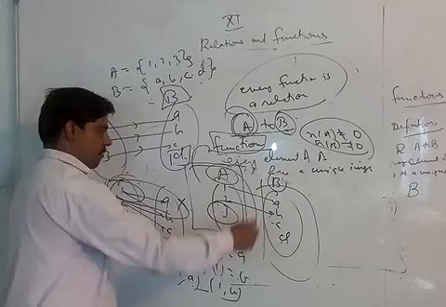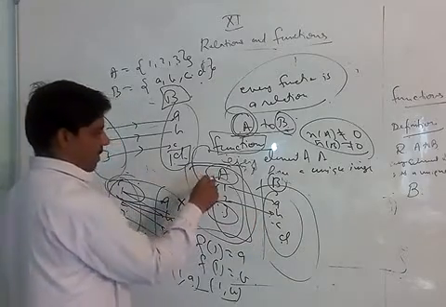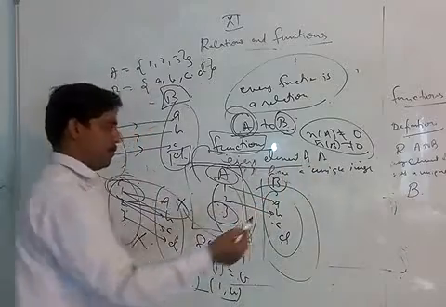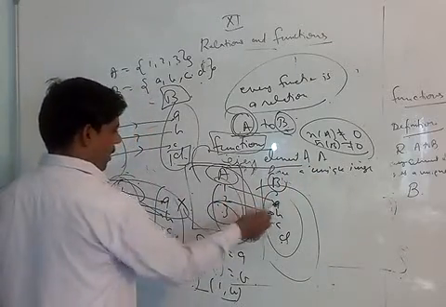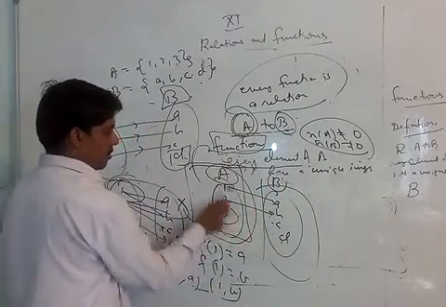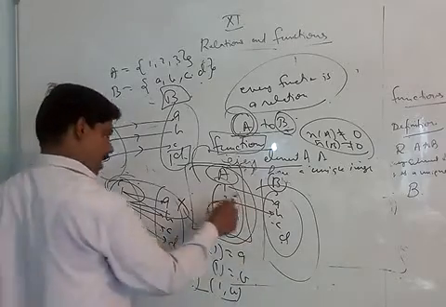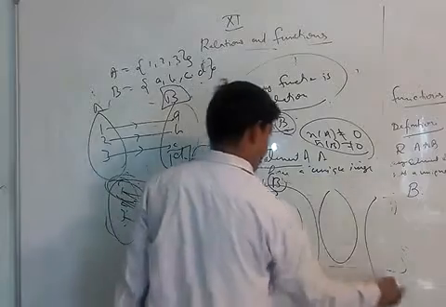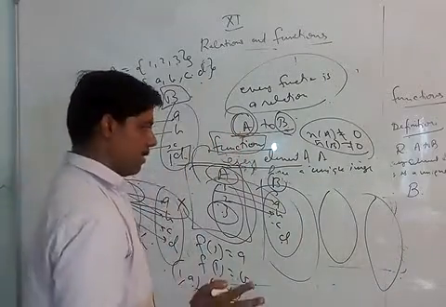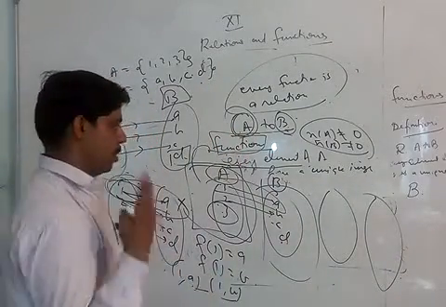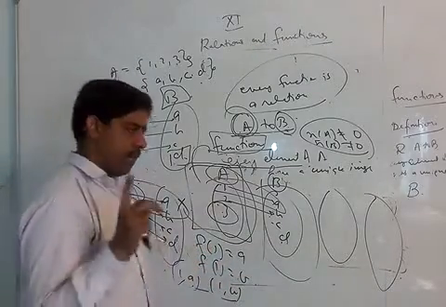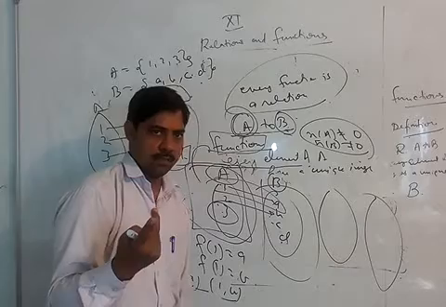That every element of A, मतलब कोई भी एलिमेंट A का खाली नहीं छूटना चाहिए. Every element of A. First point. Second point, should have a unique image. 1A है तो 1B नहीं हो सकता, 1C नहीं हो सकता, 1D नहीं हो सकता. 1A है तो that's it, खत्म. हाँ, this can be there. Two elements can have the same image, but one element cannot have two images.